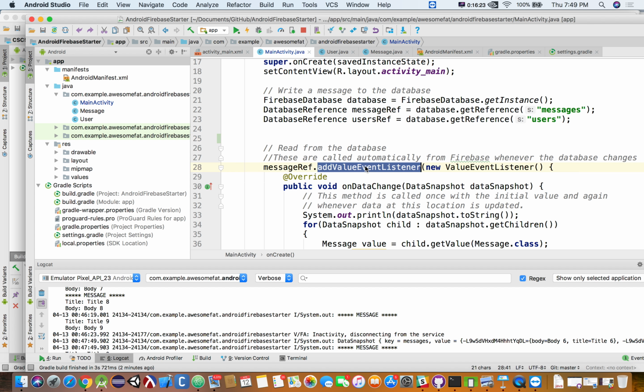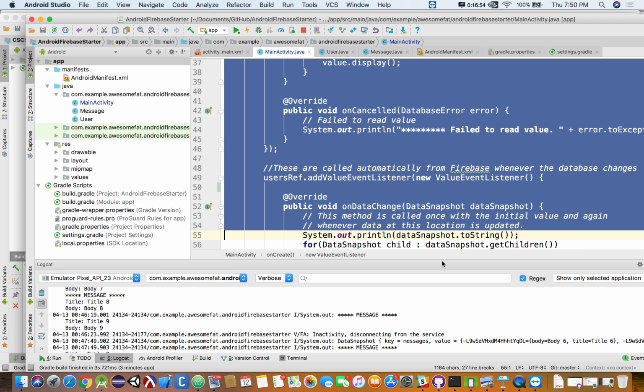Okay? Now a value event listener is a listener associated with values in the database. Now this is going to be a brand new one. We could create our own class if we wanted to, a value event listener class, then create an instance of that class and pass it to add value event listener. But what we're doing here is creating this listener on the fly. So message ref, add event listener, and what goes in here, that's the value being passed